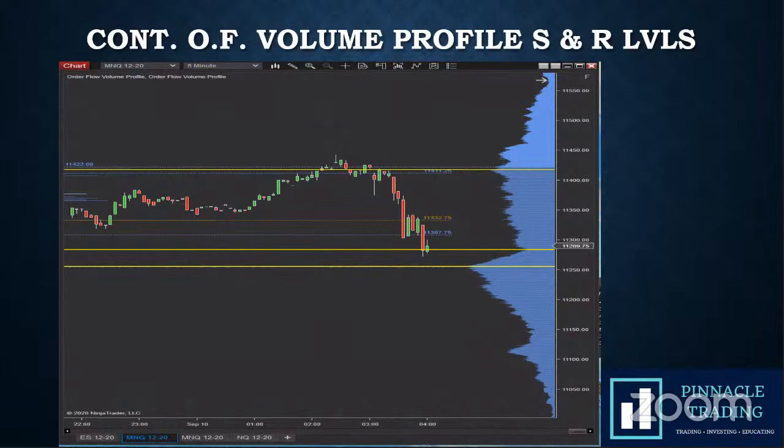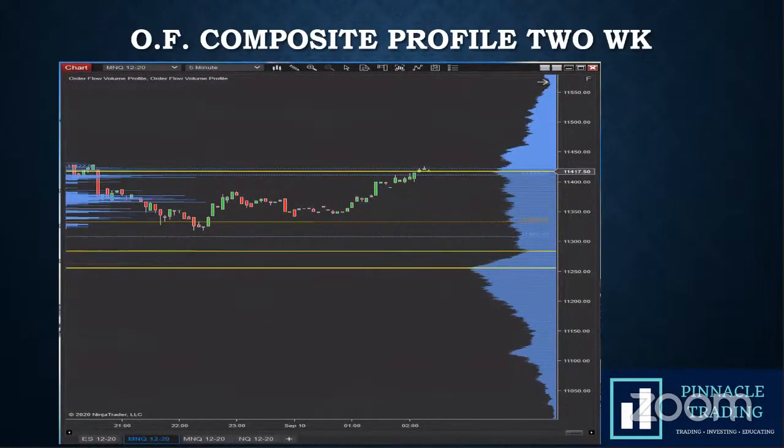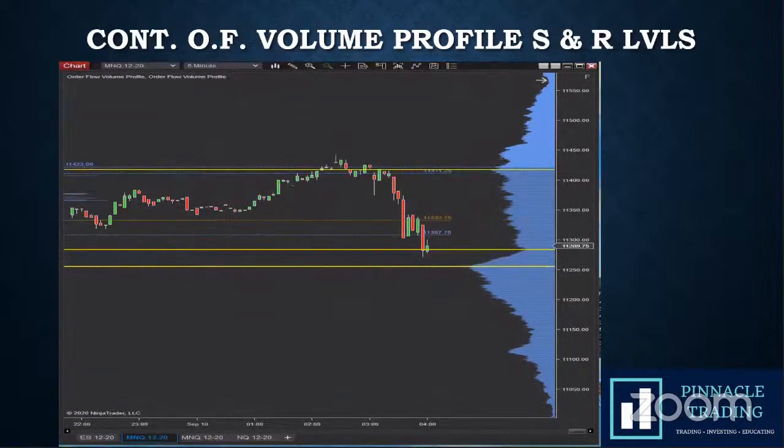Okay, so that was one more on the NQ, 5-minute. Price tested that 11,417, and then what happened? It broke down and went all the way down. Now, guys, you saw the last slide. I did not draw that yellow line after the fact. I drew it before. And what did price do when it broke down? It tested 11,289. So there's no magic to it. It's simply